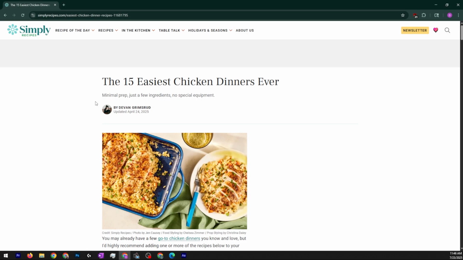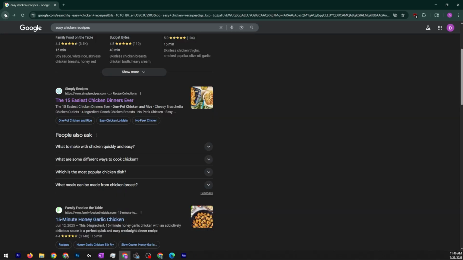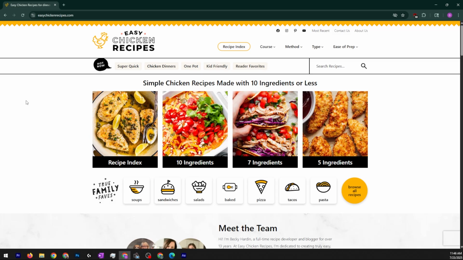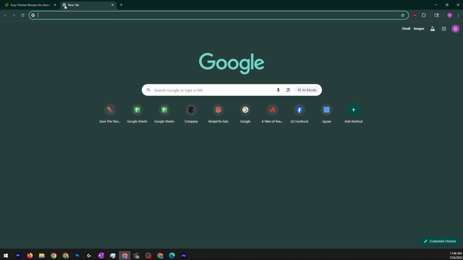Step 5, if you want to go back to the list, click the back arrow at the top left of your browser. This should return us to the previous page with our original results. Step 6, if the page isn't loading right, we will click on that circular icon to refresh the page. And step 7, if I want to open a second website while keeping the first open, I click on the plus sign to create a new tab.